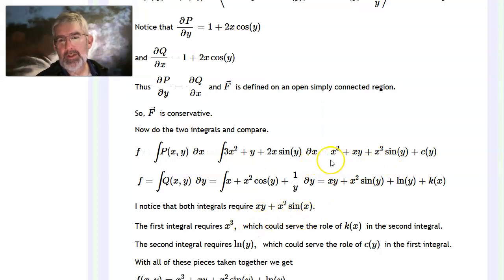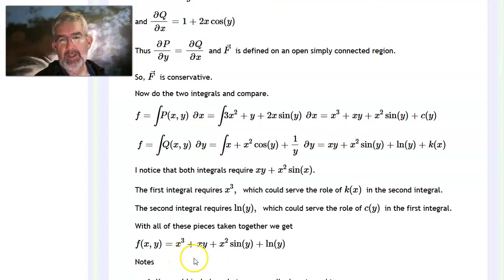The first integral says I need an x cubed, and notice that that could also play the role of this k of x in the second integral, okay? So if I include the x cubed, I've also included the k of x for the second integral. Likewise, on this second integral, it says I need a log y, but that log y could play the role of the c of y in the first one. So all the pieces that I need are the x cubed, the xy, the x squared sine y, and the natural log of y. If I have all of that, then both of those integrals would be satisfied. And in fact, this right here, this f of x, is a potential function for that